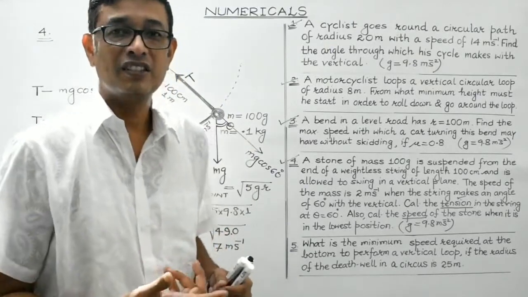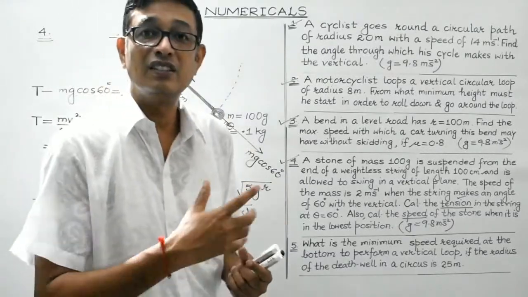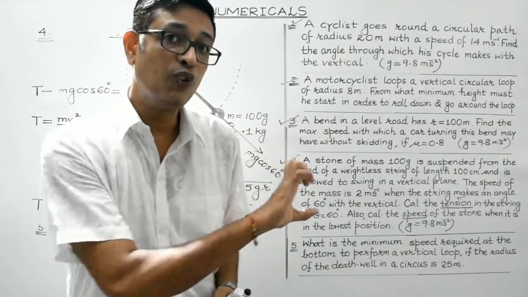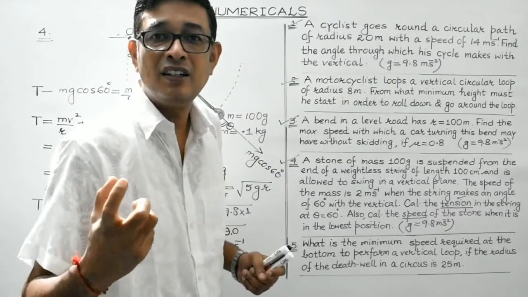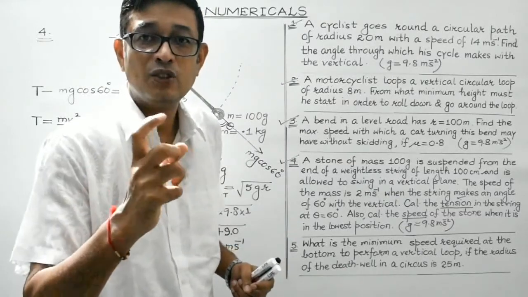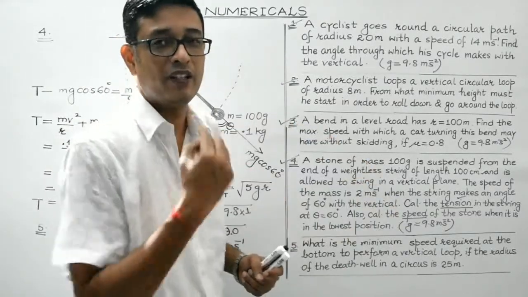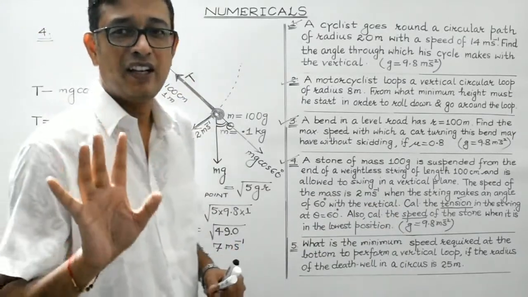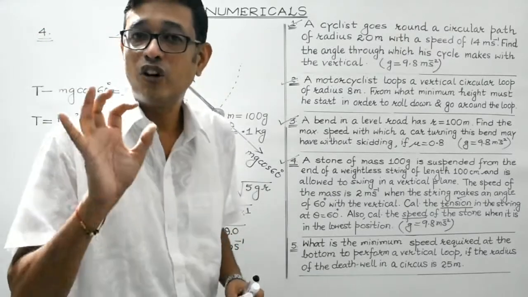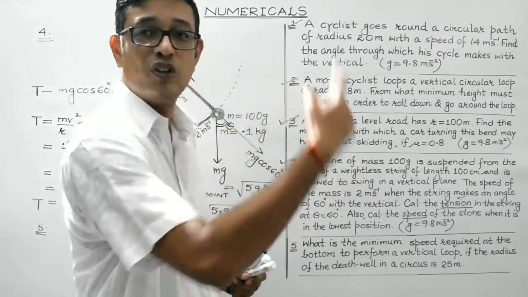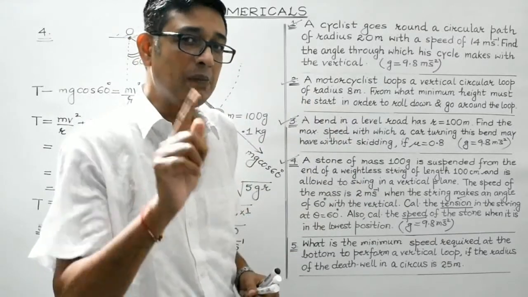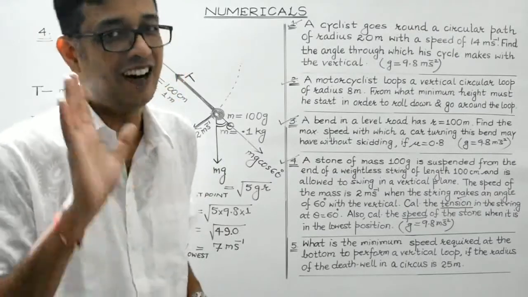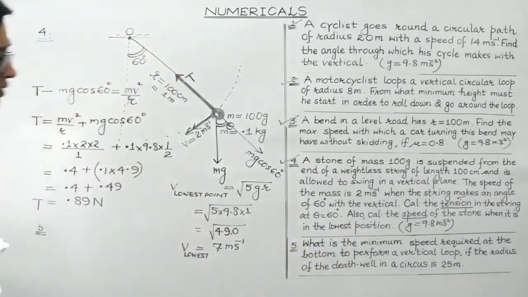The motorist in a death cage or death well is able to execute the vertical circle loop because he is able to fulfill the condition required for a body to possess at the lowest point, which is square root of 5 gr. So students, again I must remind, for a body to execute a vertical circular motion, the minimum velocity at the lowest point is square root of 5 gr. So here we make use of the same formula.